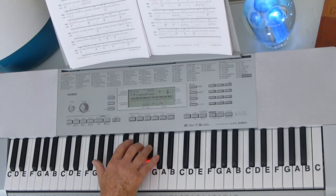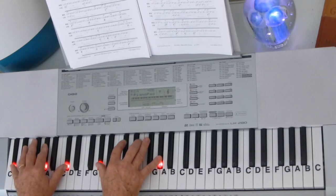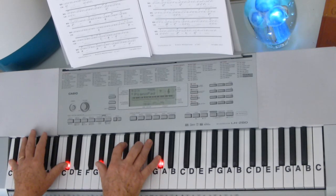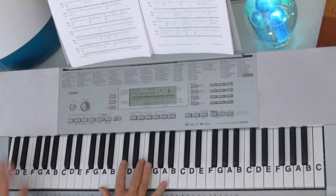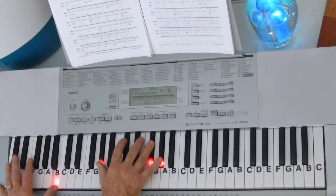And then we go right back. And then we're going to go to an A right there. But here we go from D sharp, F sharp, back to the C sharp, to the A, and when you go to the A in the right hand, we're going to go to an F sharp in the left hand. So it's A, C sharp, F sharp, A, C sharp, F sharp, then to the B in the left hand,